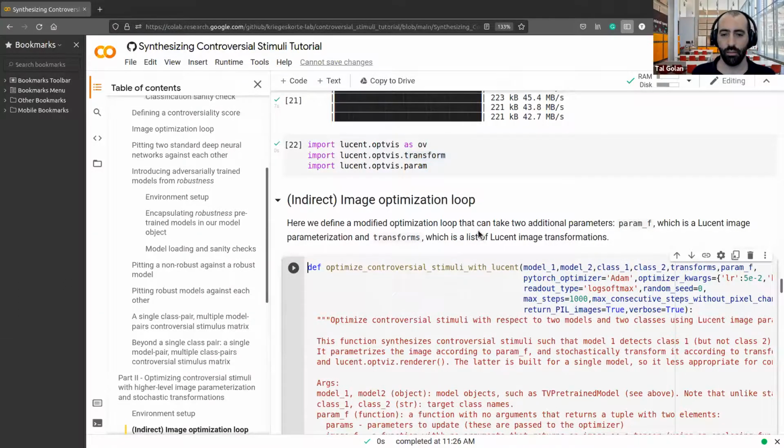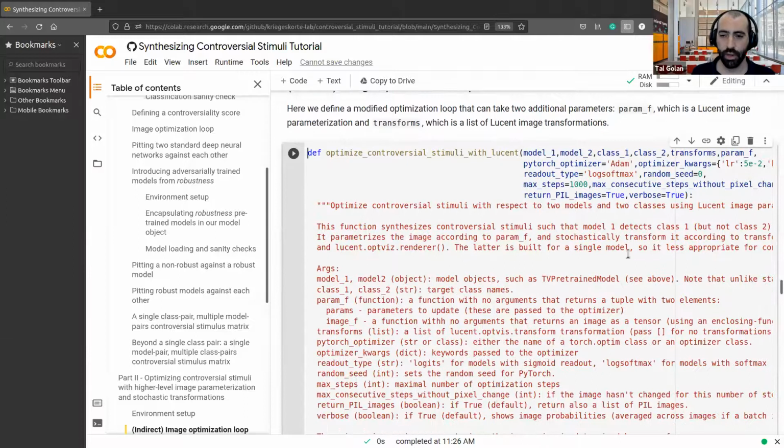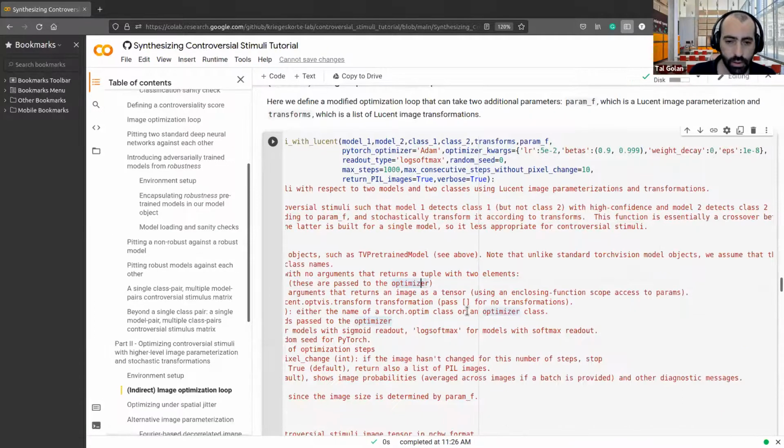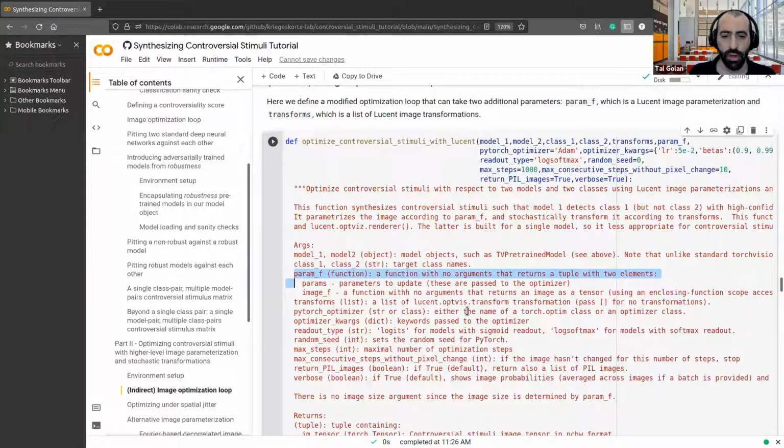And now we need a slightly more complicated stimulus optimization loop. So here we provide this function with a list of random noise transforms. These are Lucent objects. And this is param_f. Let's look at this. I should make the text smaller. So this is a function with no arguments that returns 2 things. It returns the representation, the stimulus parameterization that we're going to optimize, and a function that converts this z into x, into an image. And that function is dependent on the particular parameterization that we're using. For example, it might be a GAN